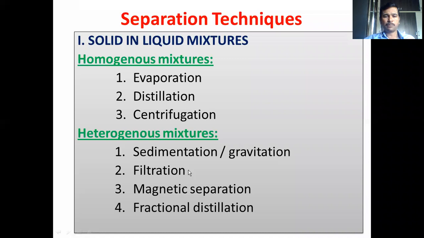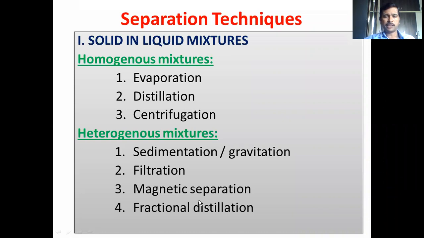Or even filtration. If the particle size of the solids is large, then we can use an ordinary filter paper or some special filter papers such as Whatman filter papers. Even we can use glass wool or Gooch crucibles, whatever it is. So we can filter. The aim of the filtration is to avoid the penetration of the solids through the filter, and that will allow only passage of the liquid through the filter. So over the surface of the filter, all these solid components will be retained, and the liquid will be allowed to pass through the filter.